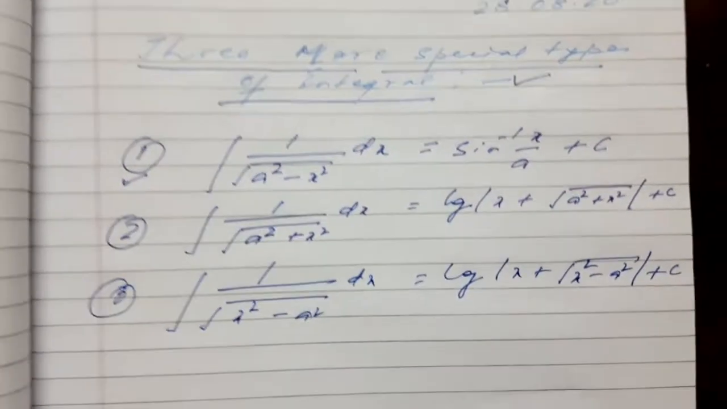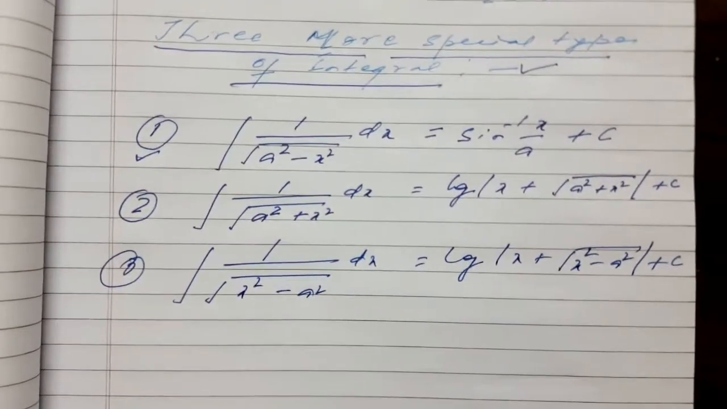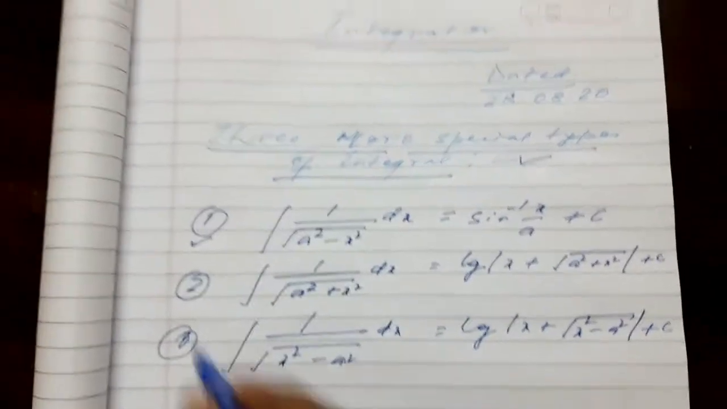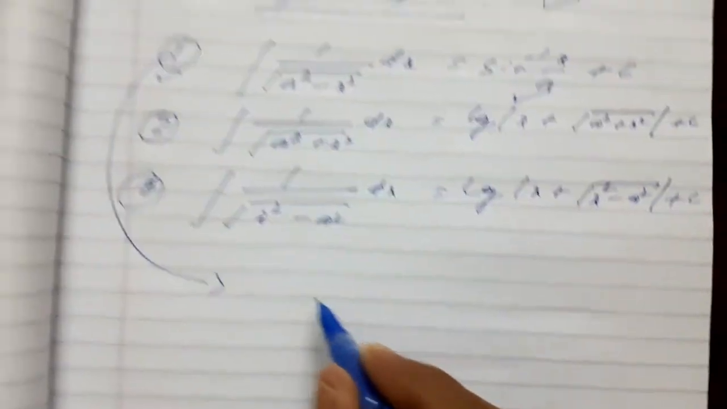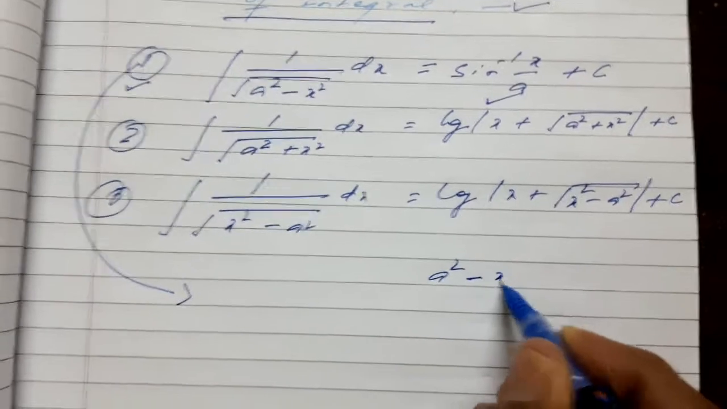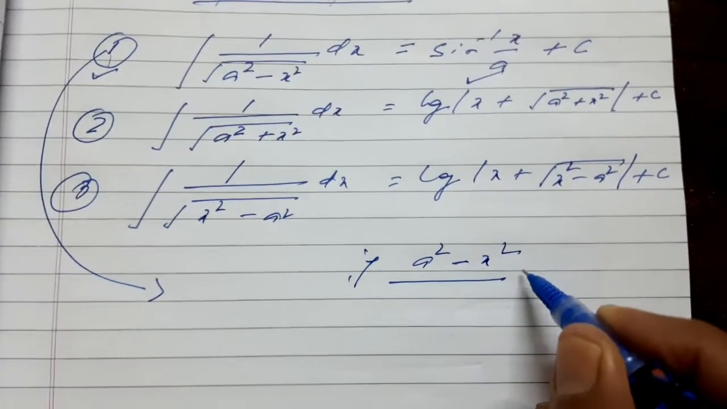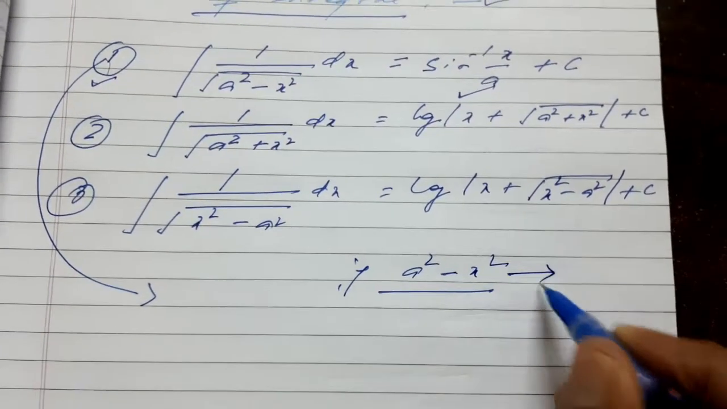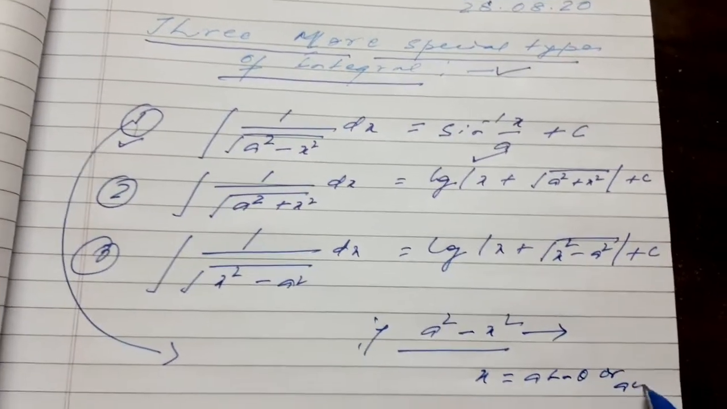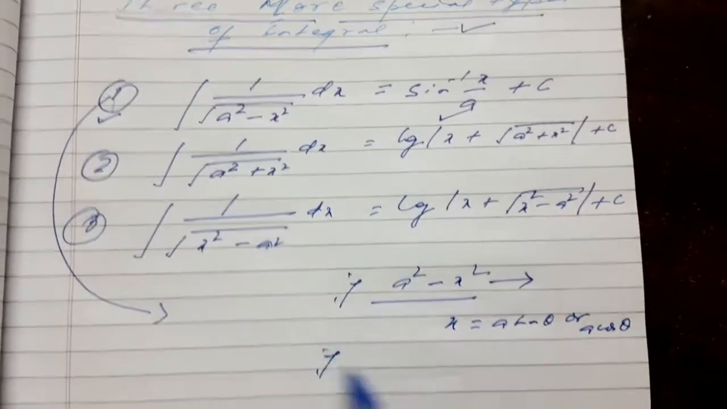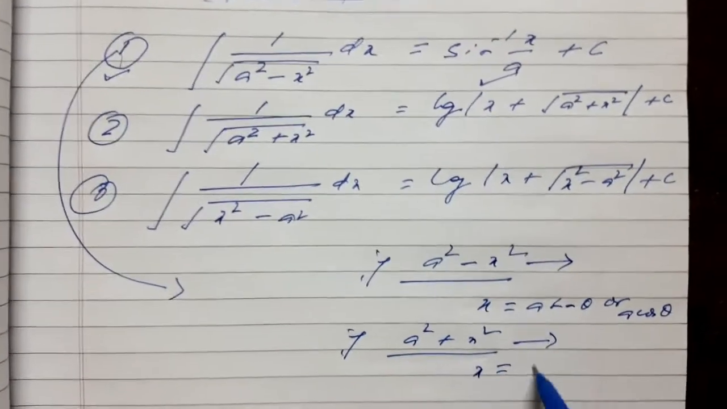We will use them for solving questions of integrals of the form 1 upon root quadratic. First we'll go with result number 1, how it is sin inverse x by a. Earlier we have gone through the rules many times. If a square minus x square appears anywhere, you can simplify it by putting x equal to a sin theta or a cos theta. Similarly, if a square plus x square appears anywhere, you put x equal to a tan theta